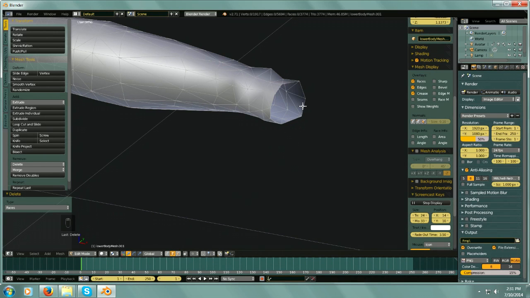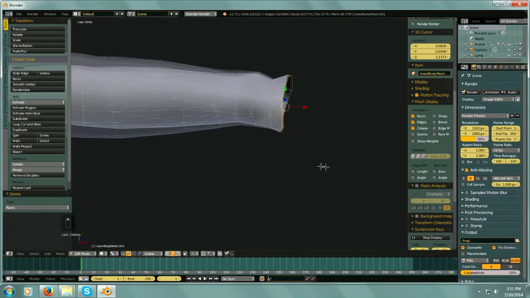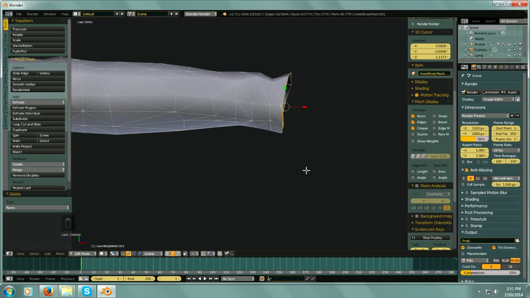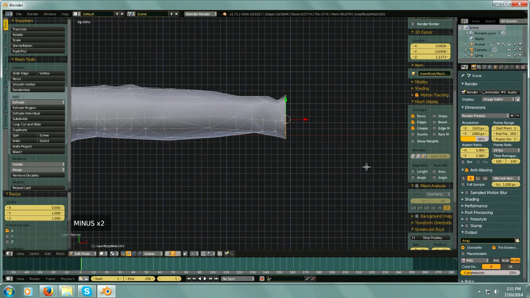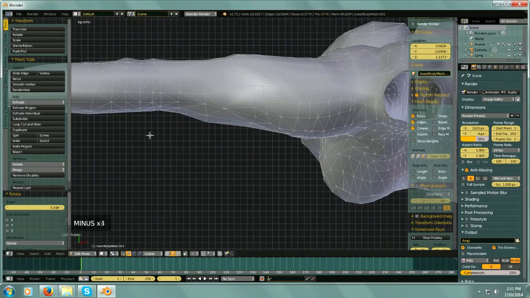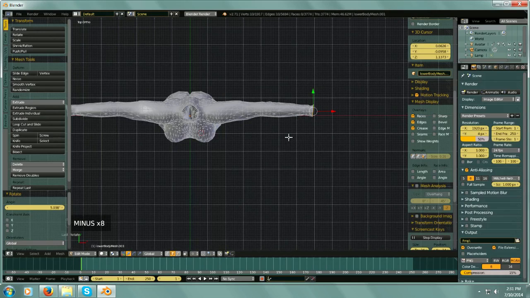So I'll use edge, and I'll hit Alt and hit this edge. That'll select that whole loop there. And now I can go from above it, and now I can hit Shift X 0. Just like that, I get a nice flat side there, and because I know how the hand is going to go in here, I might slant that slightly. So I get a nice flat edge there, and actually I'm going to undo that